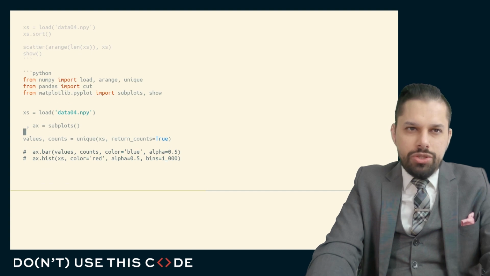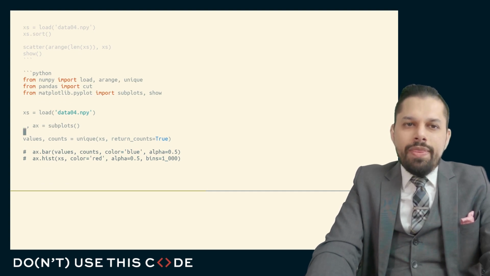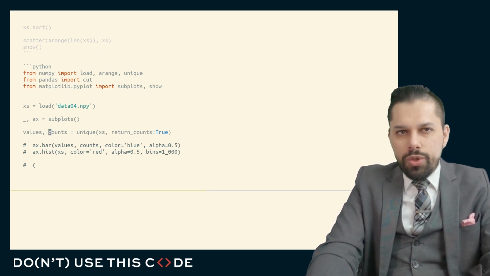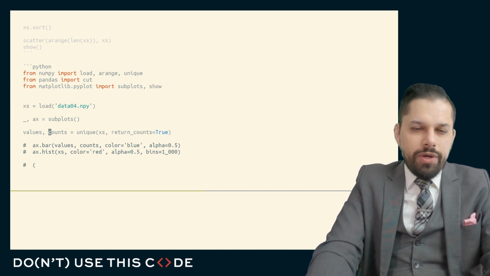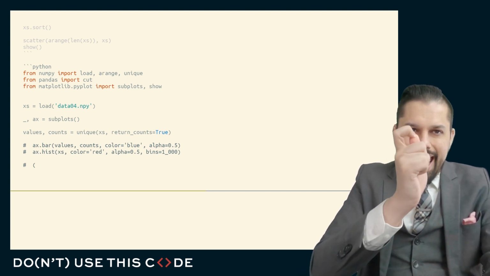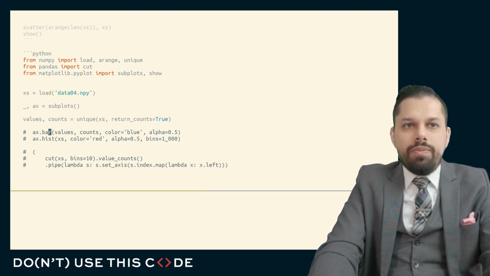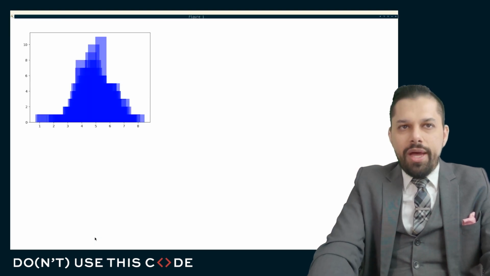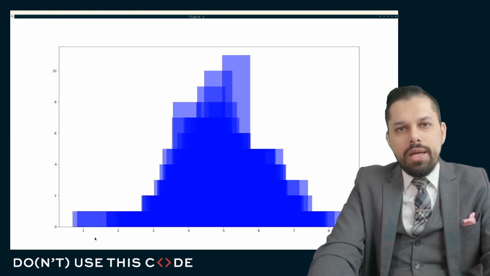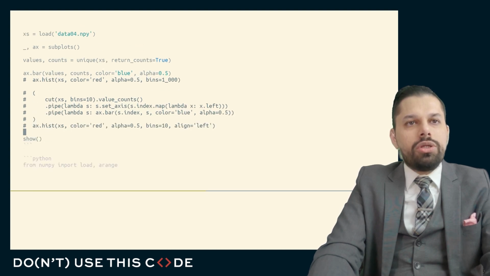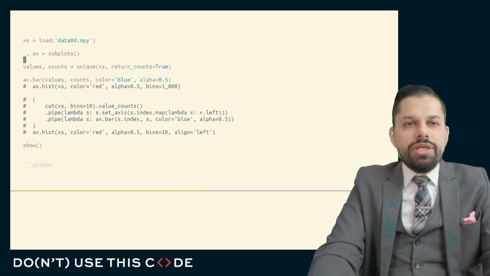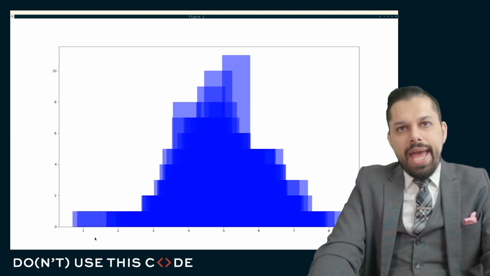And instead, what I want to do is look at the distribution of the values, the probability that a value exists, the frequency with which a value exists in very simple terms. In other words, I want to look at my values. I want to figure out what are the unique values and how many times those unique values appear. And I want to plot a bar chart with those unique values and how many times they appear. And you can see here, I have, and let me just make sure I only have one bar chart. Okay, very good. Here, what you can see is I have a bar chart,